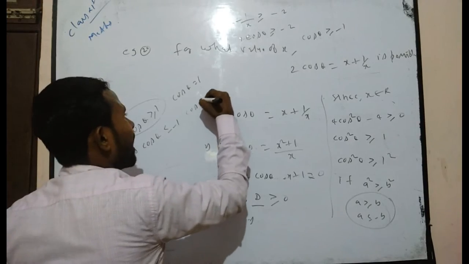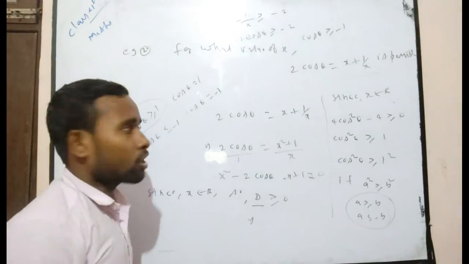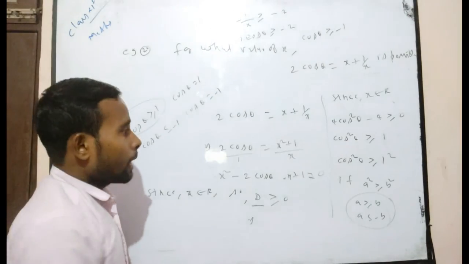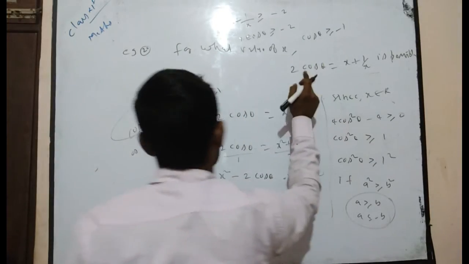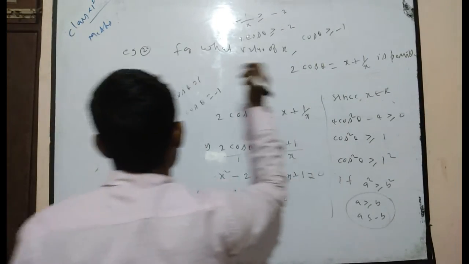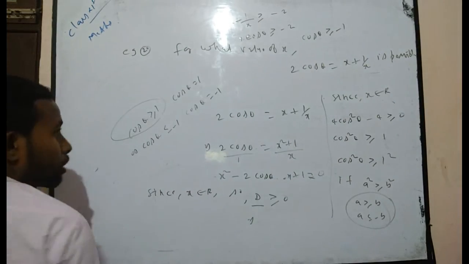So the only possible values of cos theta are 1 and minus 1. After putting the values of 1 and minus 1 in this expression,